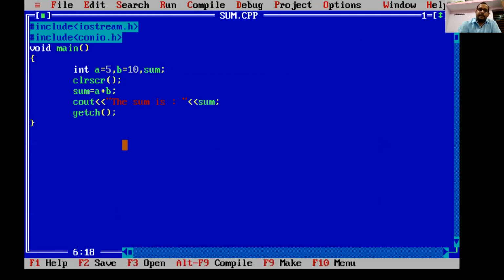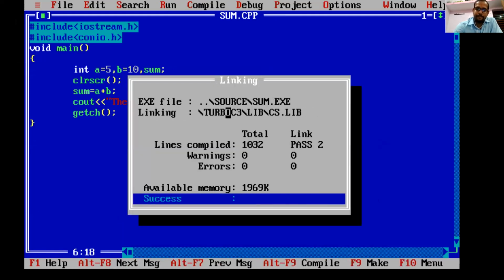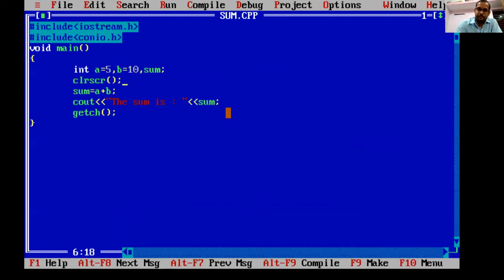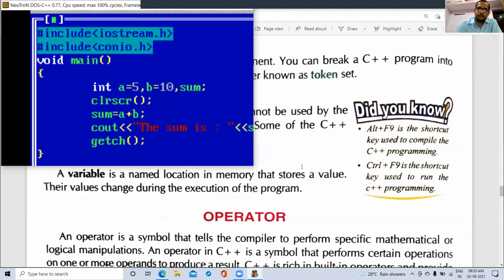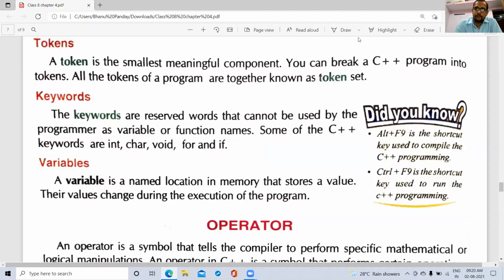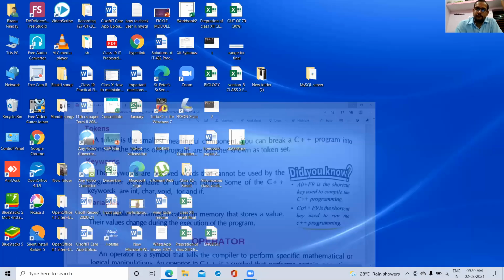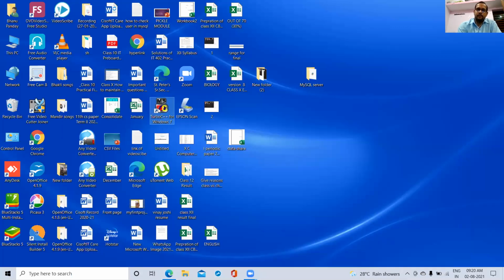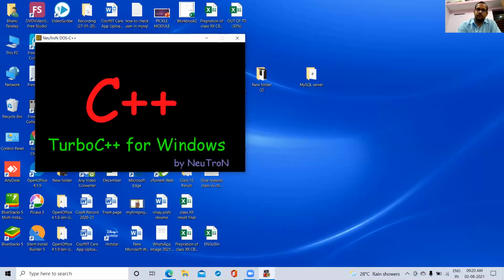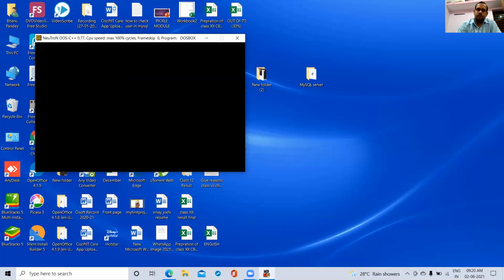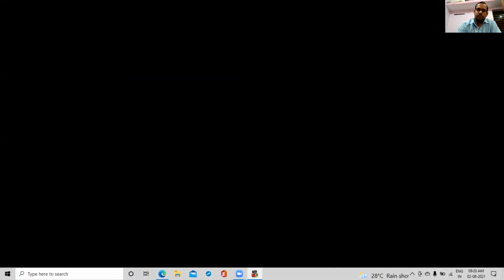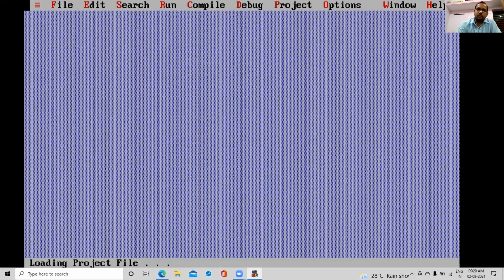Sum.cpp. Now the file is saved. This time it is not working. I am opening the software again. File, open.